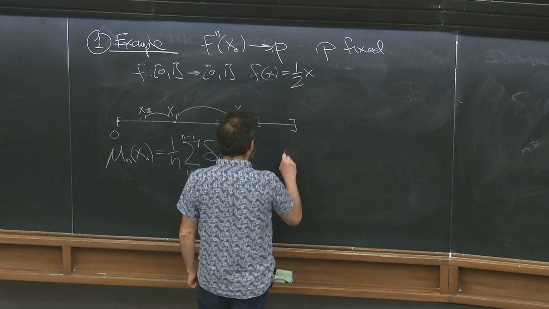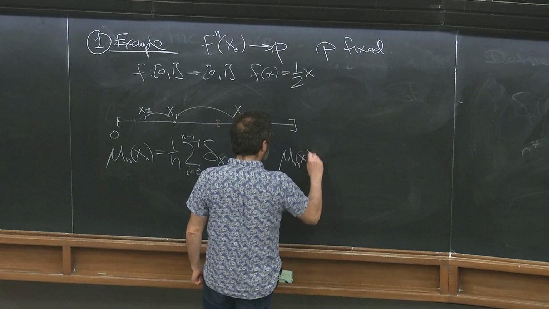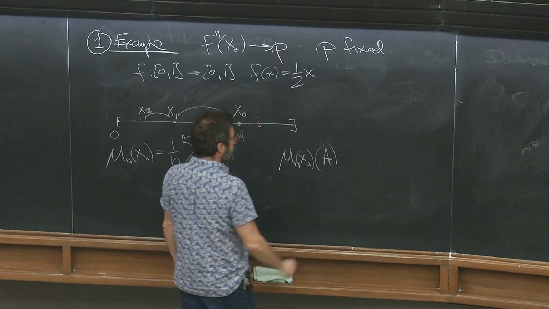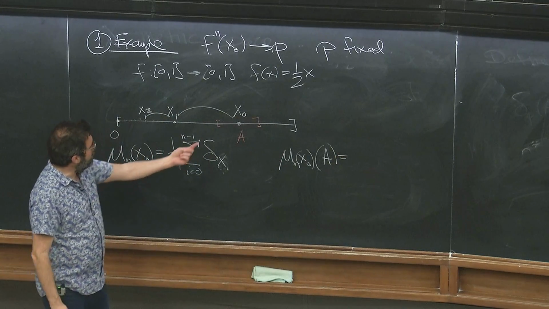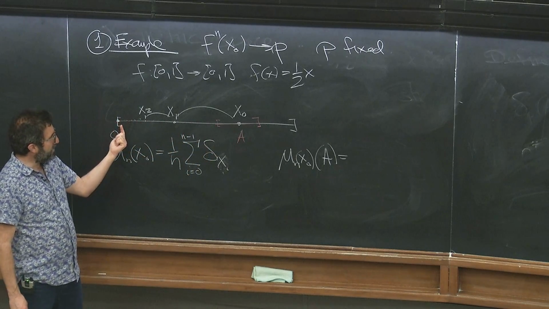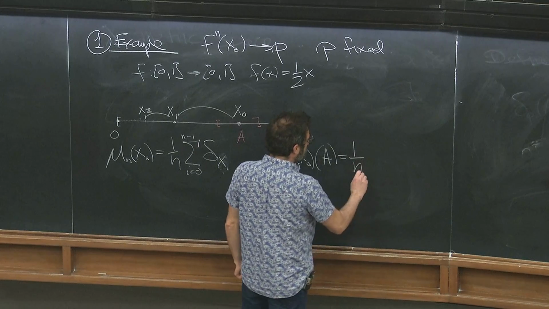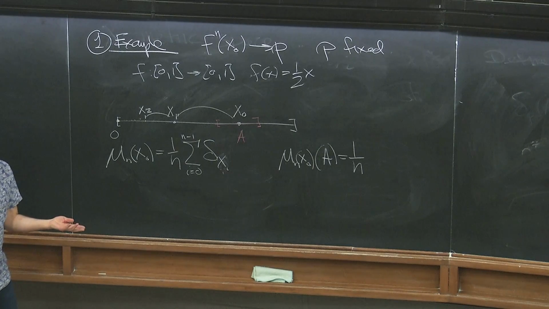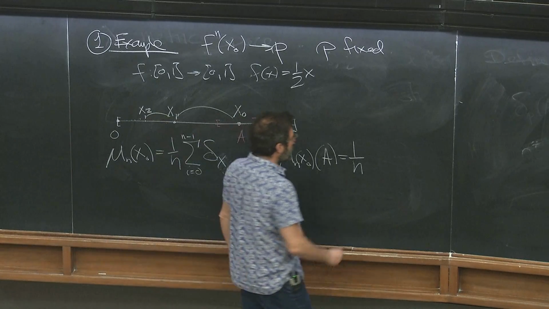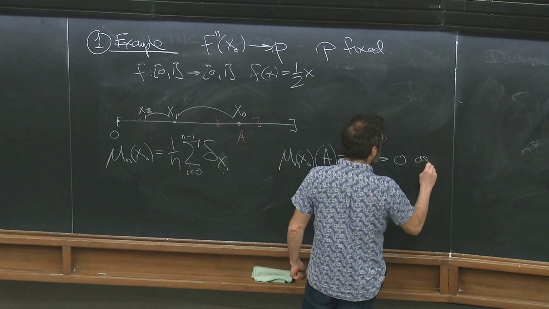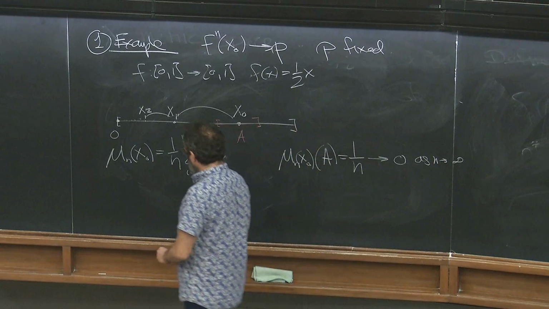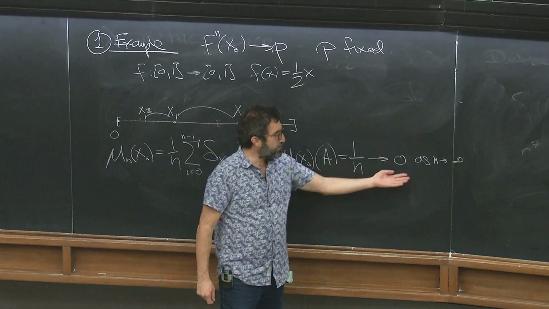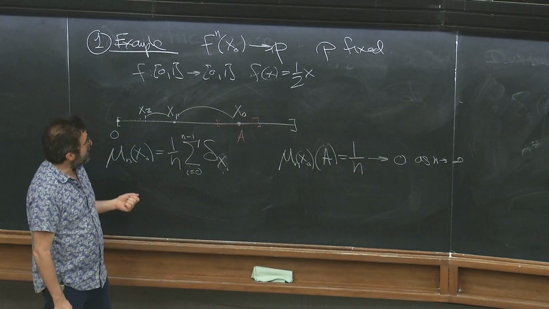So the measure mu_n of x0 of A contains only one out of n of these points, so the measure is exactly 1/n. As n increases, this measure gets smaller and smaller, and the measure of A tends to 0 as n tends to infinity. What's happening is that this property is describing the fact that